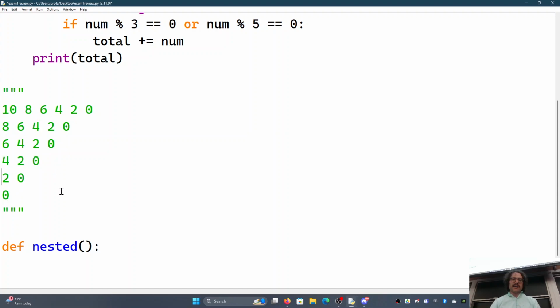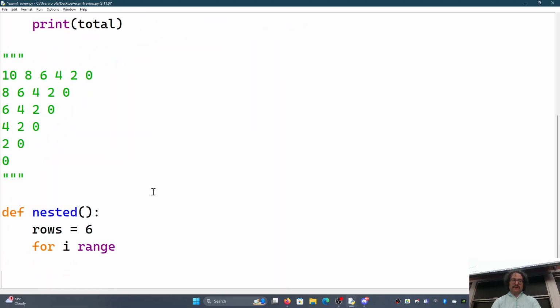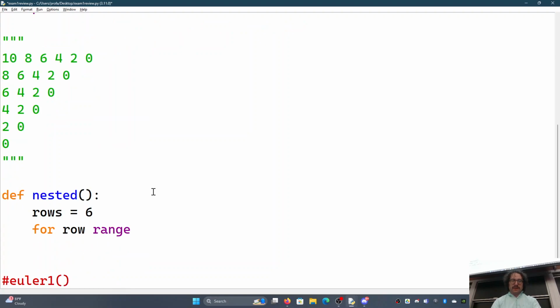So let's just go ahead and print out, how many numbers do we start with? 6. So there's 6 rows, and we start with 6 numbers. For i in range, let's go ahead and do rows equal to 6. We know we have 6 rows. For each row in range, let's go with r. For r in range rows,